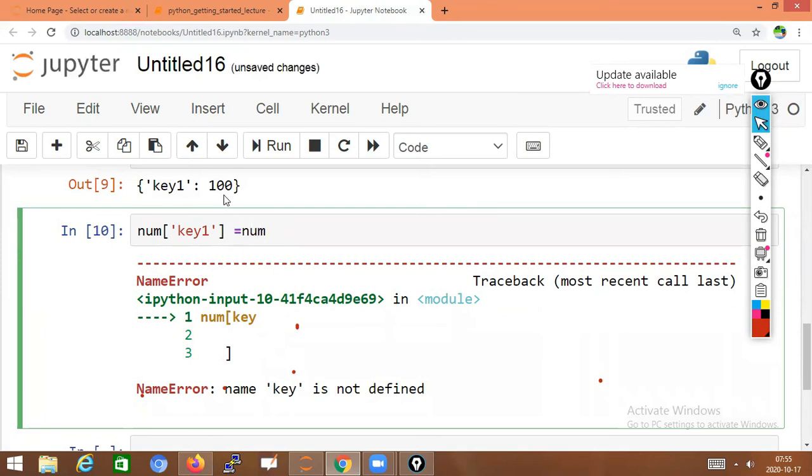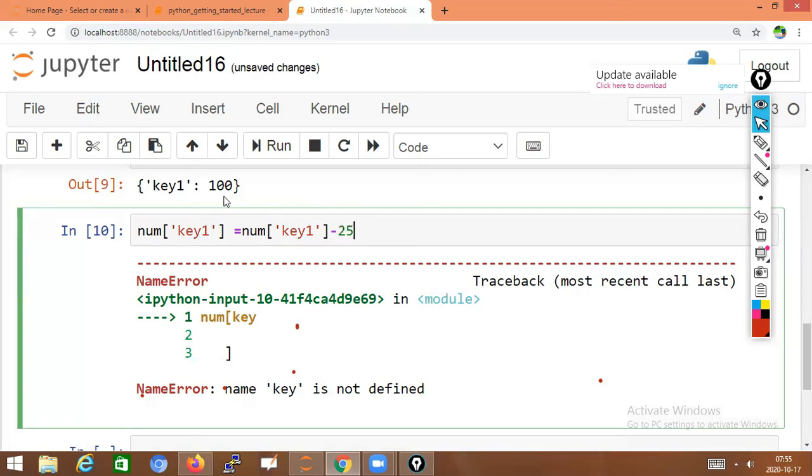The key one value 100 is there, I am doing minus 50, so 100 minus 50 is 50, and that will be stored here. Otherwise I'll do 25 if you want, we'll make it 25.